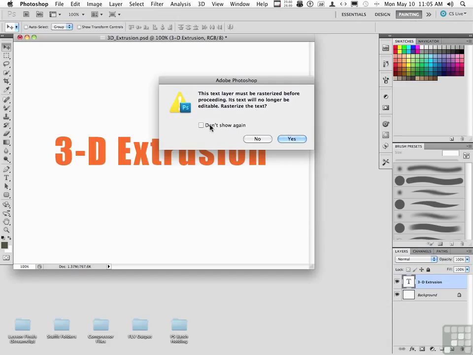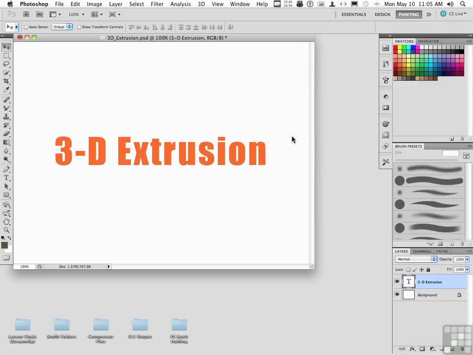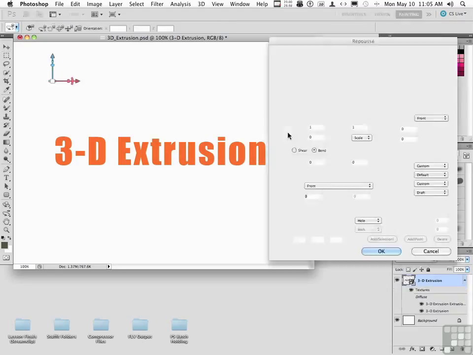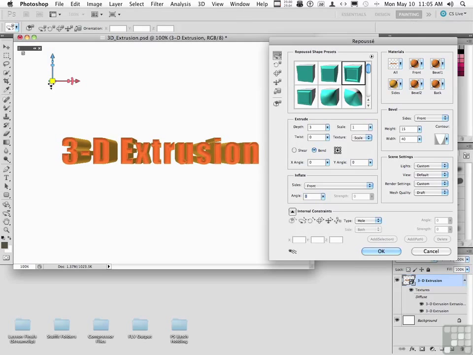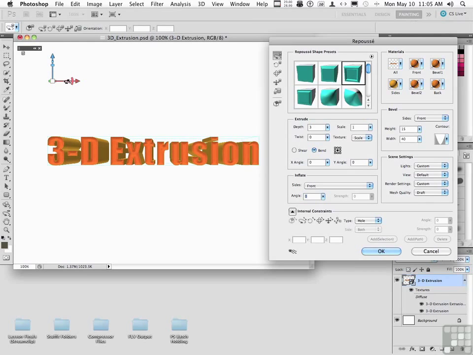I like to leave this up so you can see it. Click yes, and it will open up a dialog box which will allow us to adjust or make more three-dimensional this object. We can choose a different face for it. We have quite a few of these. And we can come over here, as you can see, and we can begin changing it by using these items